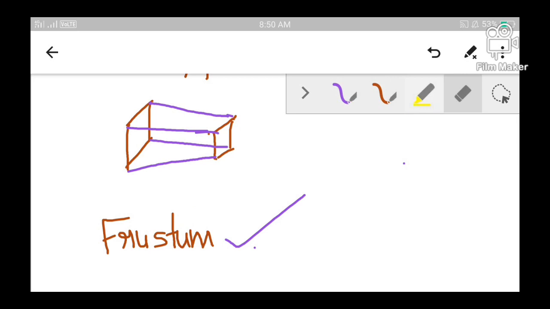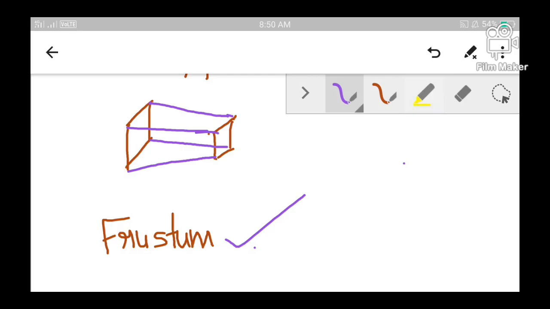So when 3D clipping is applied to a perspective projection, the view volume is the area spanned in three-dimensional space which is visible on a two-dimensional view plane. All those objects which lie within this view volume will be seen on the view plane. So this shape created by a view volume in a perspective projection is termed as a frustum.